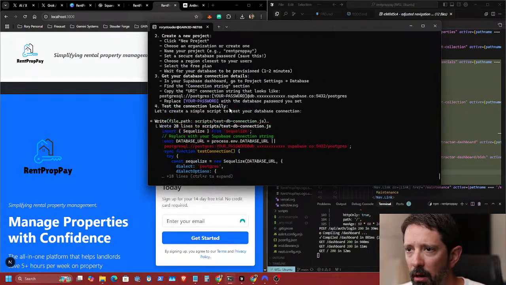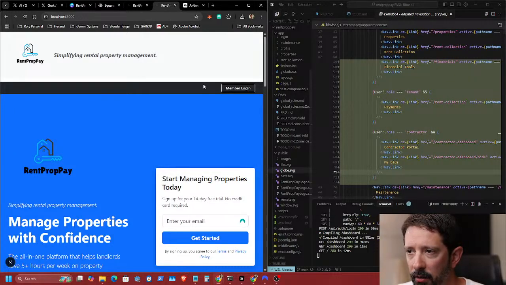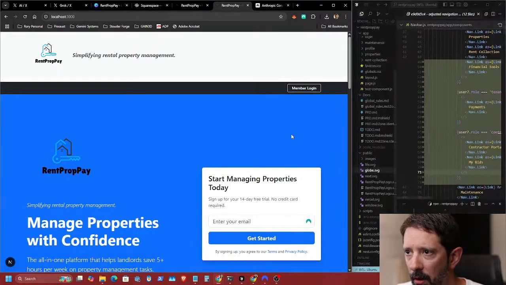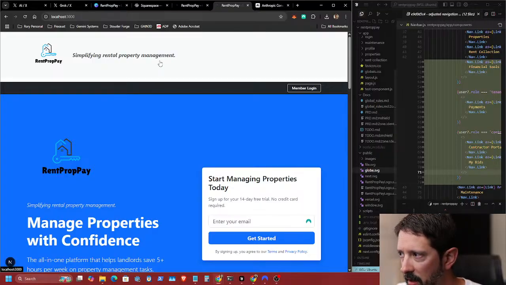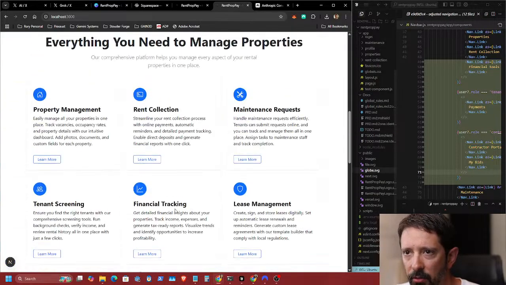And we're just going to do a review of what I have working right now so that you can see the dashboard and see what's all been going on here with RentPropPay. It's simplifying rental property management, an all-in-one platform that helps landlords save 5+ hours per week on property management tasks. So as you can see, we do property management, so track all vacancies, occupancy rates, property details